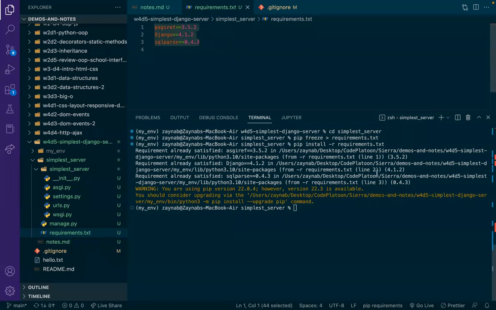So you don't have to look at the list and do pip install this one, and then pip install this one. This will allow you to just install everything, which actually I can demonstrate. So if I deactivate, I'm going to create a new environment. Python 3 -m, then